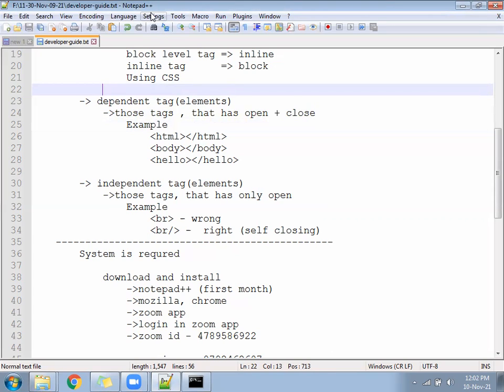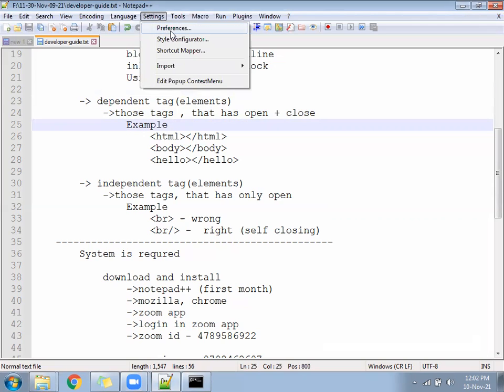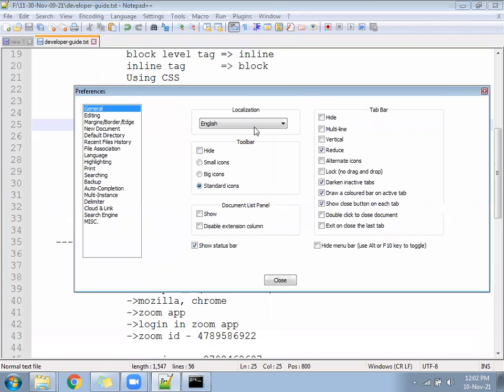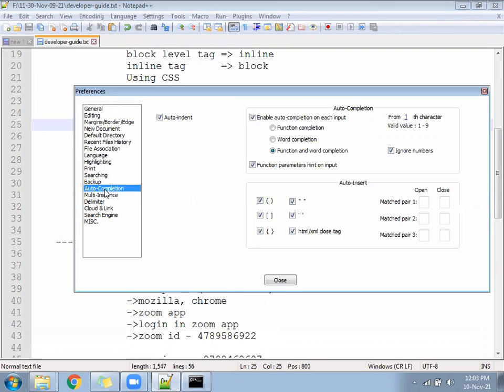Under Settings, first option, Preferences. Under Preferences, on the left-hand side we have an option called Auto Completion.